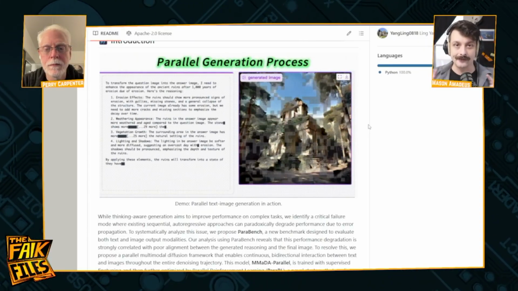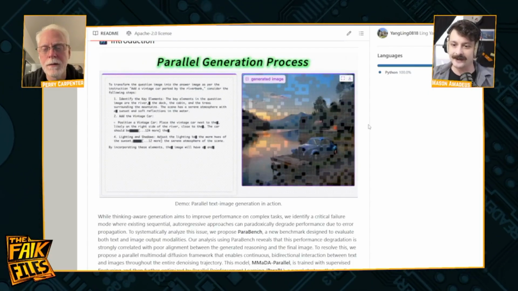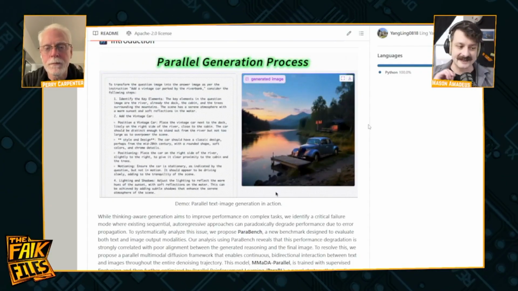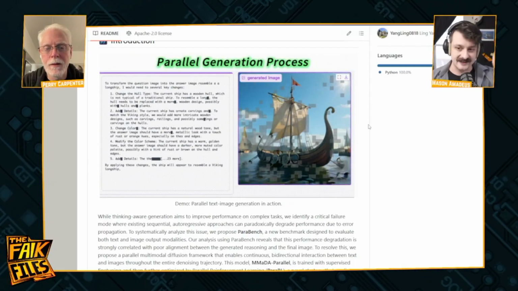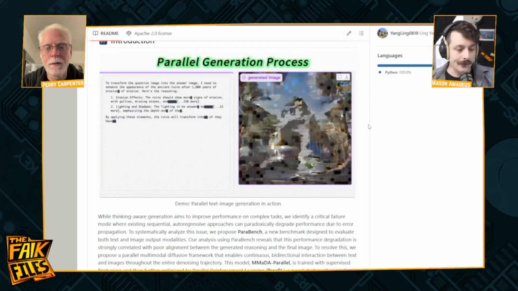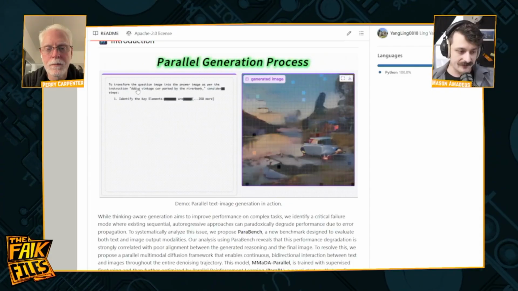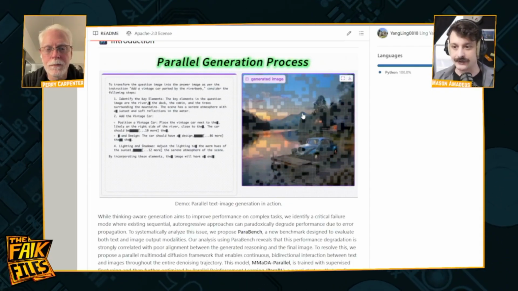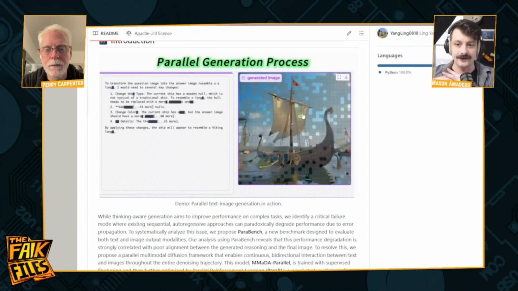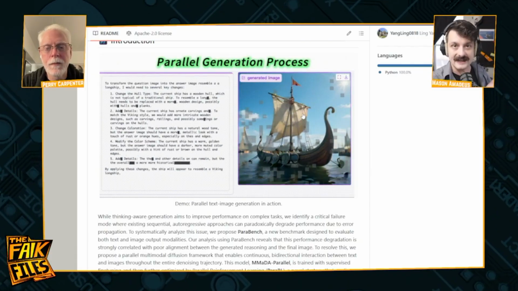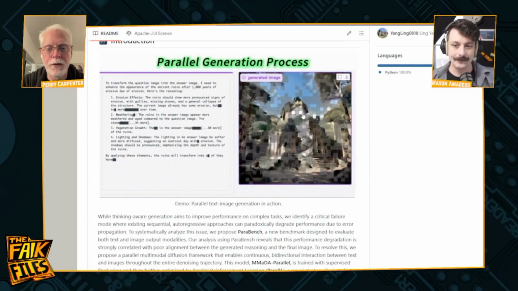But unlike an LLM, if you remember several episodes back, we did that thing about diffusion language models. Do you remember, Perry, where instead of sequential tokens, it's like noise tokens, and then the text is getting edited non-sequentially, like stuff gets inserted in the middle, in the beginning? Yeah. And what this is doing is using that text generation through diffusion while it's generating an image through diffusion, and it is cross-pollinating those tokens together to improve the image generation process to better understand what the user's intent was. That is trippy.